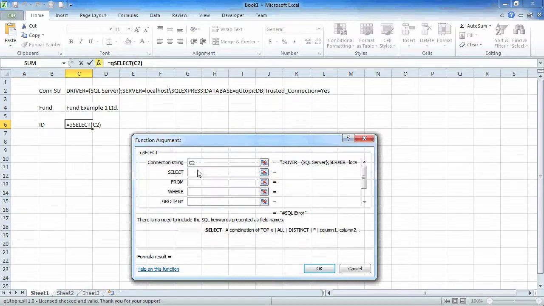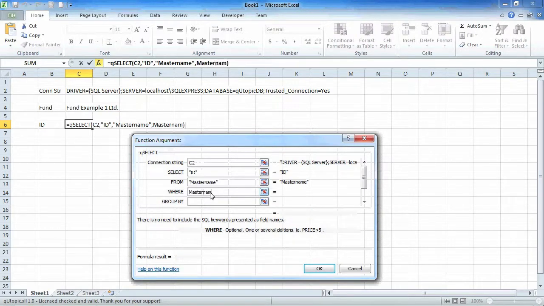I just want the ID from my table, master name. And I need just one record, so my where clause is master name,